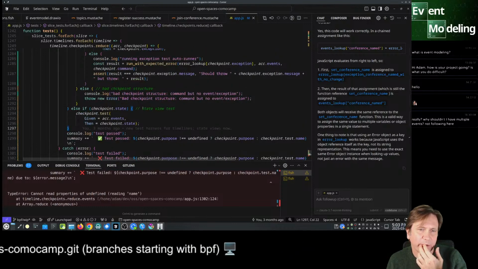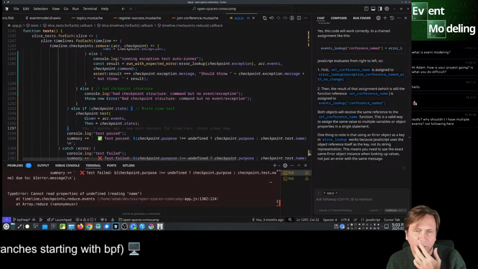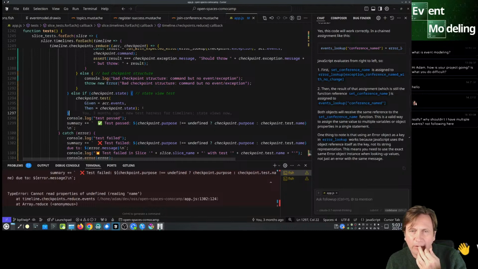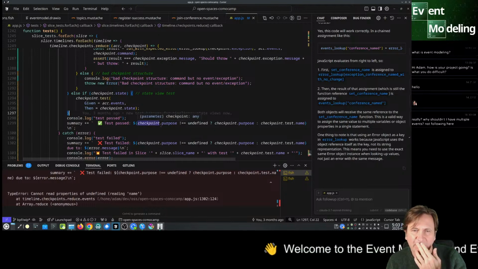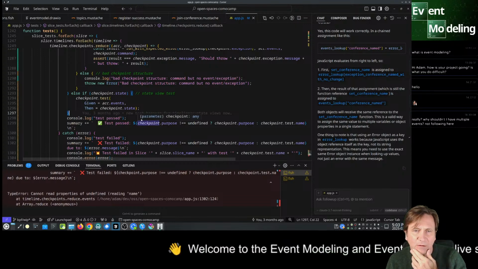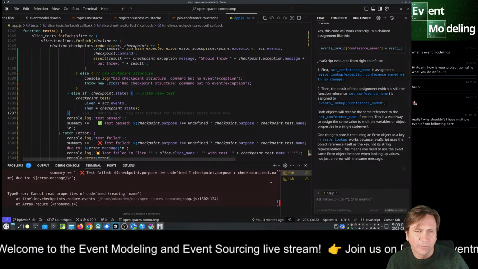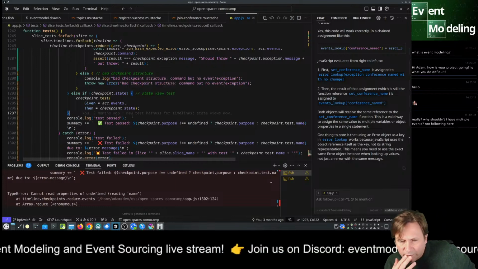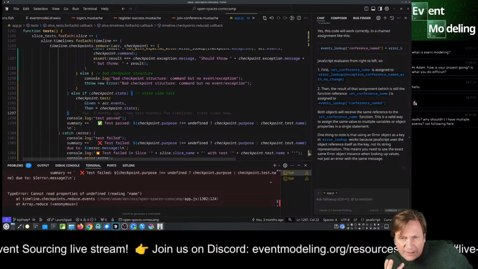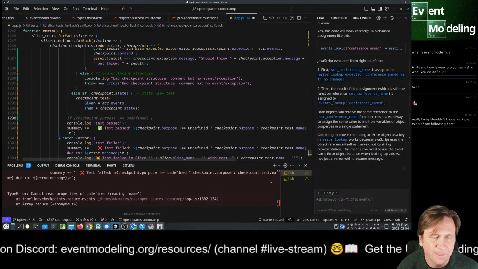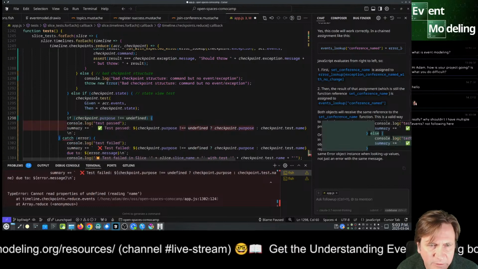Unless there's a better way to do this. Well, I guess we should be testing. So we really will have only purpose or tests here. And then finally we'll get rid of the tests. So I think it's if checkpoint